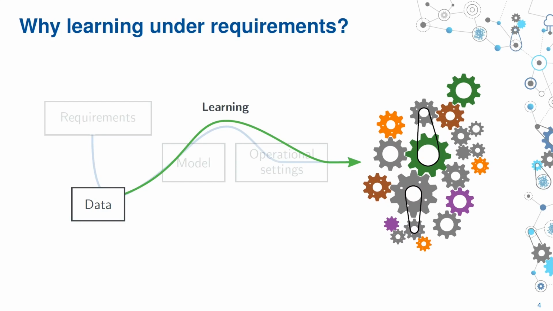And take us from data to operation directly, right? With little to no human intervention. So the idea of statistical learning is to go from data to the system that we want. And the main point of this is that we still want to have the requirements there somehow, right? That's the big difference between constrained learning and, let's say, unconstrained learning: we want to satisfy requirements at the same time as we are learning,